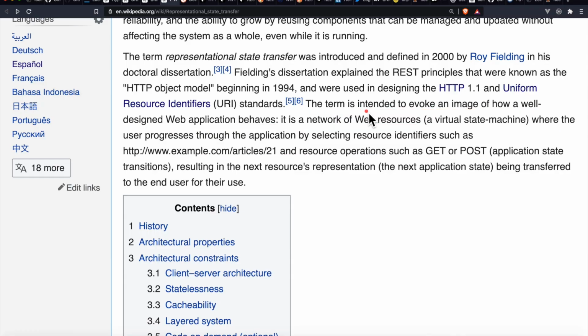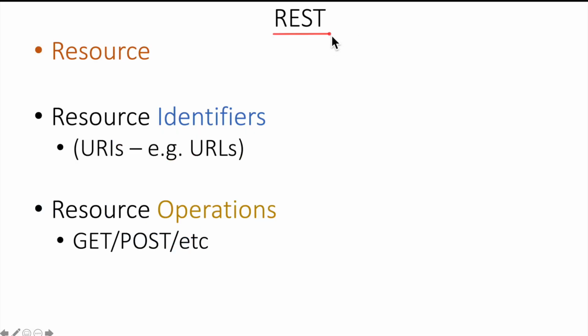The key points to note here are: we can think of a web application as a network of web resources, and the user interacts with the application by selecting resource identifiers of the web resources. An example of a resource identifier is example.com/article/21, basically a URL. So the user selects web resources using resource identifiers which look like this, and performs resource operations such as get or post. So the terms that REST uses are resource,